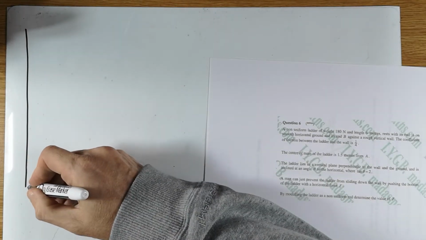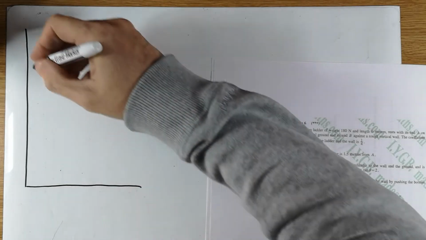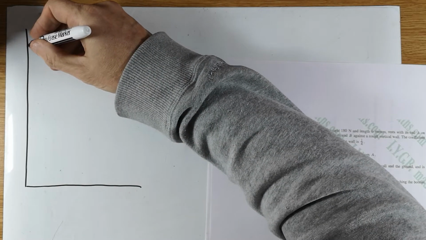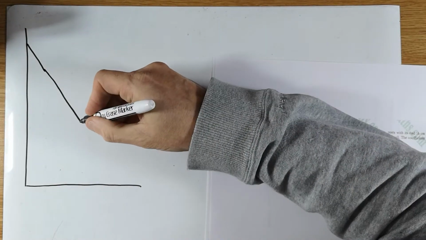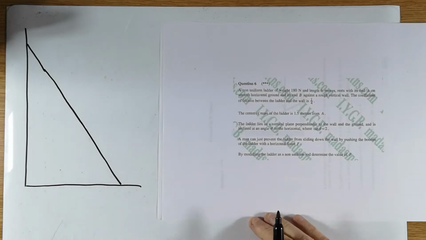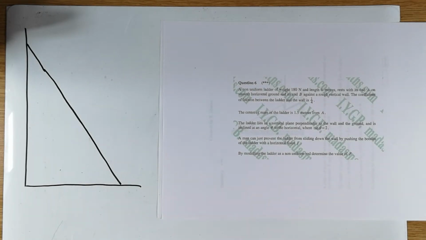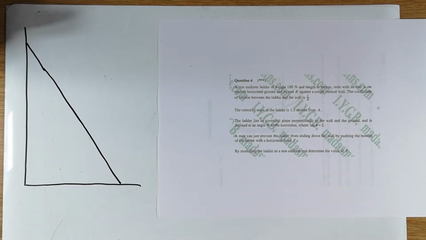So make sure you have left yourself enough space to put the extra bits of information normally required by this question. So this is now my ladder, resting against the wall. And now I'm going to read the question to you and start annotating the picture. I often use a lot of colors for this type of work because it is useful to see the different things. A non-uniform ladder, that means the weight is not acting at the center,